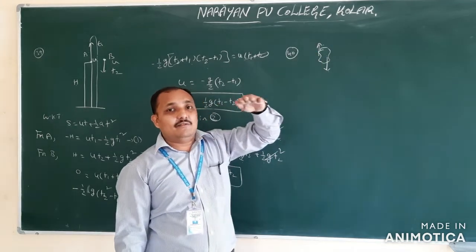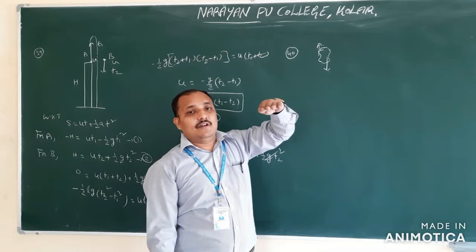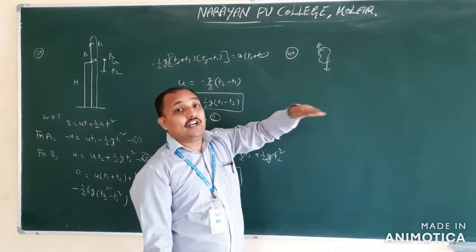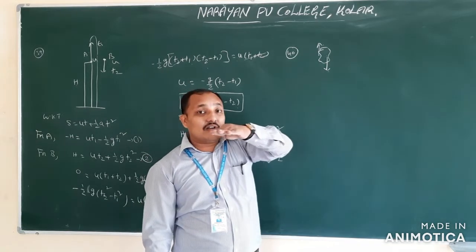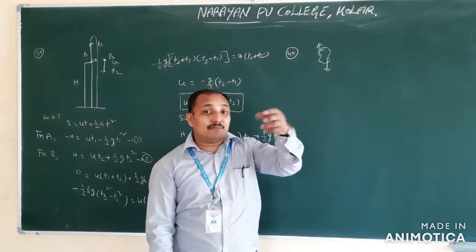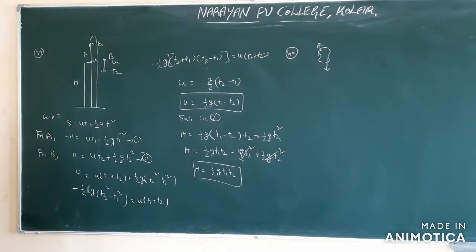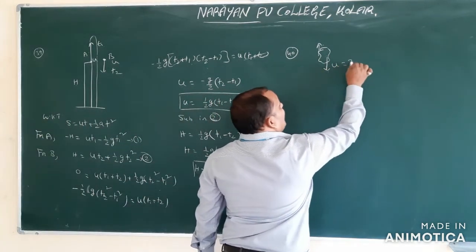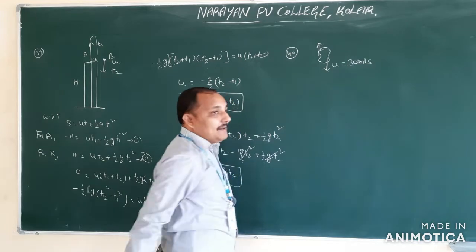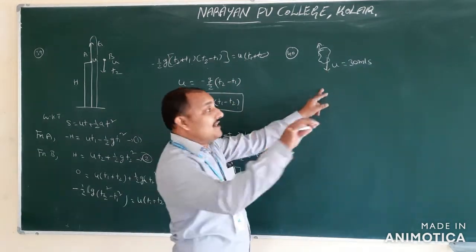An aeroplane, they will give flight. From a helicopter, they will give. From the helicopter they have dropped one object, so with whatever velocity the helicopter is moving, with that much velocity the object is dropped. Here the balloon is moving with what velocity? 30 meters per second. So this object is also dropped with 30 meters per second. They are asking for this dropped object's velocity after 4 seconds.